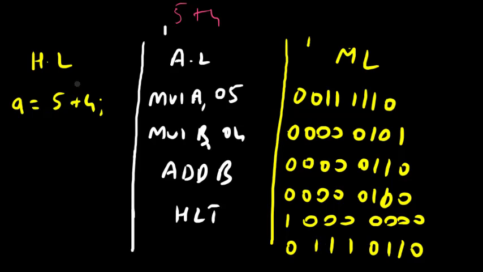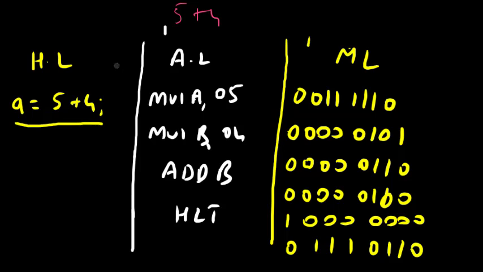So here we are seeing the three programs. The high level, of course, is, as we can see, much easier, just one step. In case of assembly language, we need to write a few steps just for adding purpose. And in machine level, you can see there are so many zeros and so many ones. Now it is easier for anybody to understand this high level code, what we are doing.